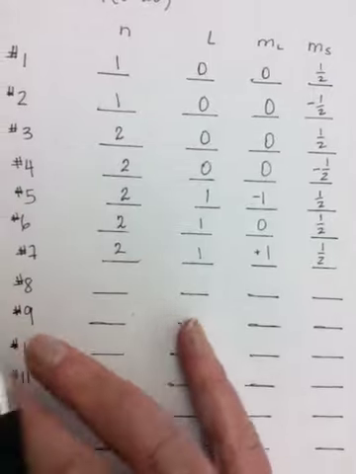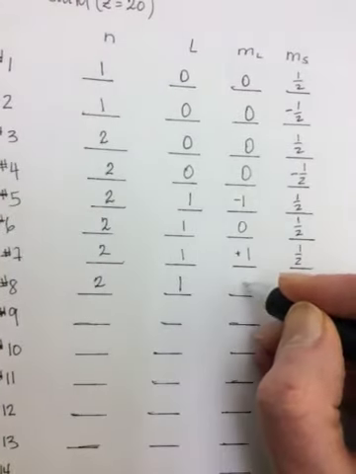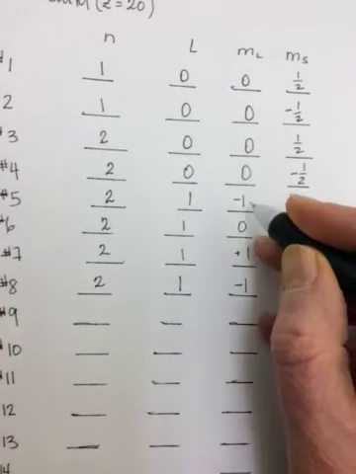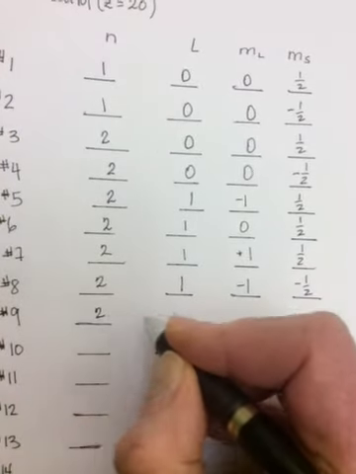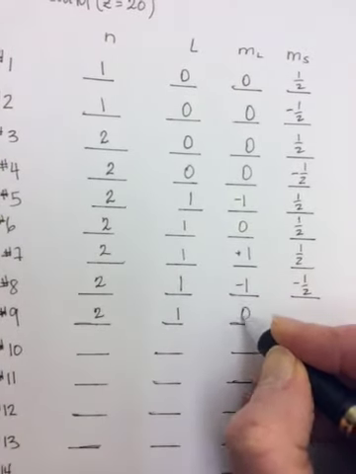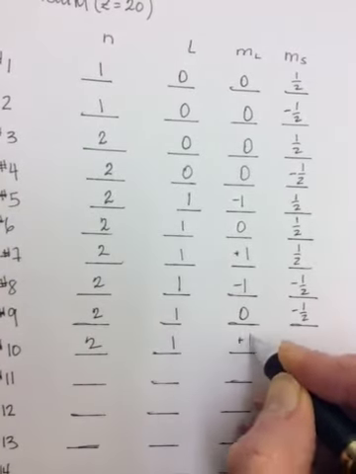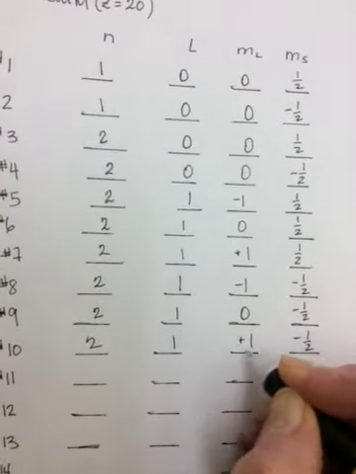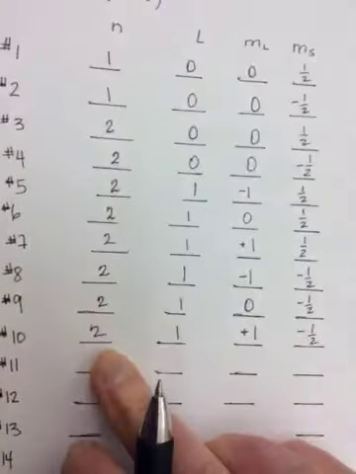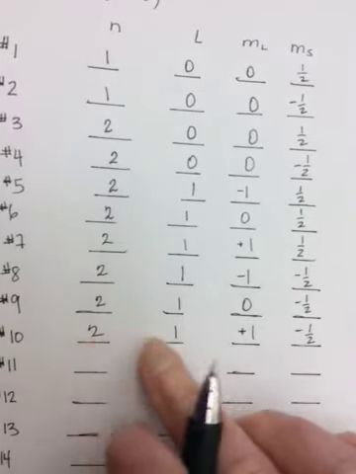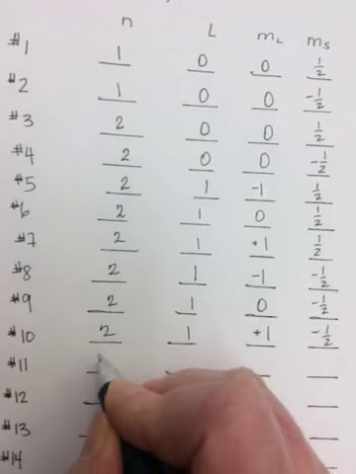Okay, so we're now at number 8. So number 8 is going to go into the n equals 2, L equals 1, ML equals negative 1, and now negative 1/2. And then the other two will fill up the 0 and the positive 1 with the negative 1/2 spins. Okay, so, and now no more can go into the n equals 2. There's no other options for these 4 quantum numbers than what we already have,